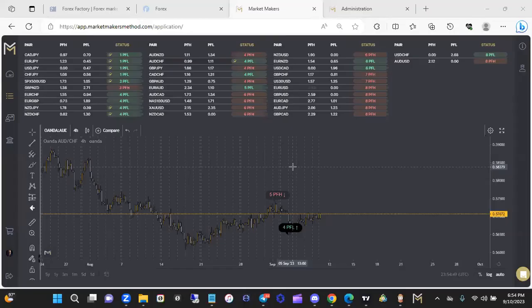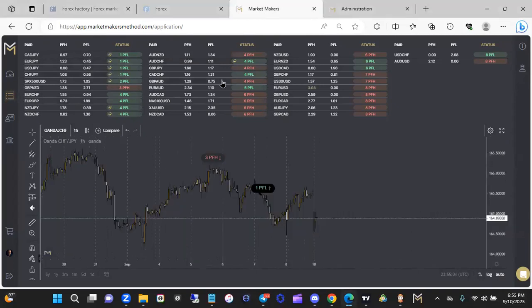So let's go take a look at some examples, right? There's a few examples playing out in the market right now. Let me share my screen. And so the first one we're going to go over is a ranging peak. As you see, today is September 10th and it's Sunday, right? So we have brand new peaks, but here's the issue. If you look at some of these peaks, like Chief JPY,